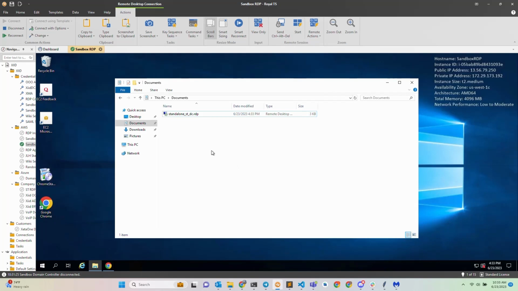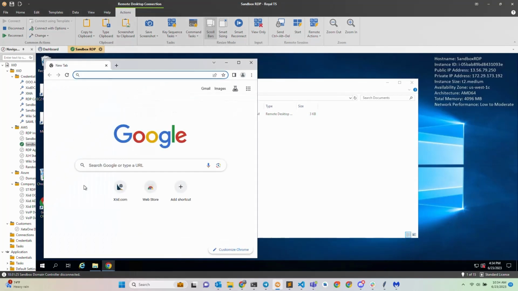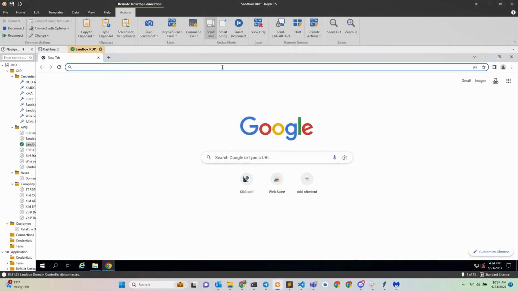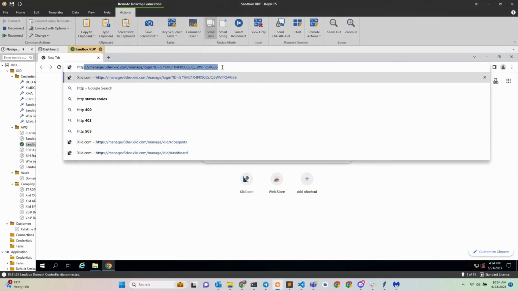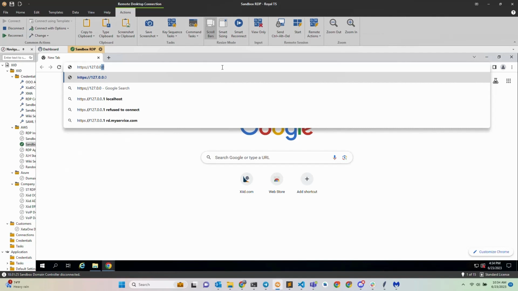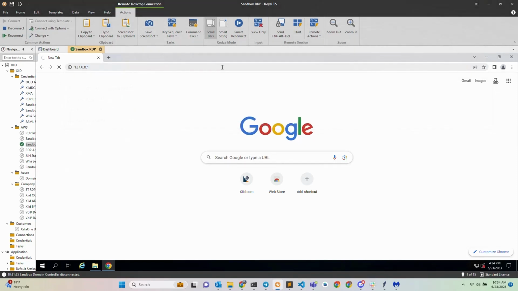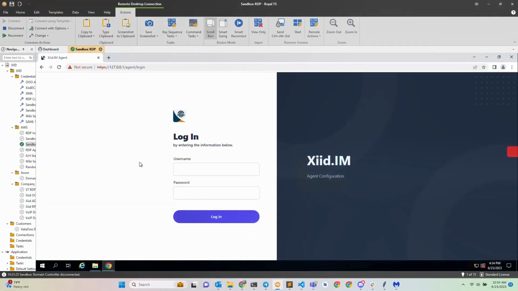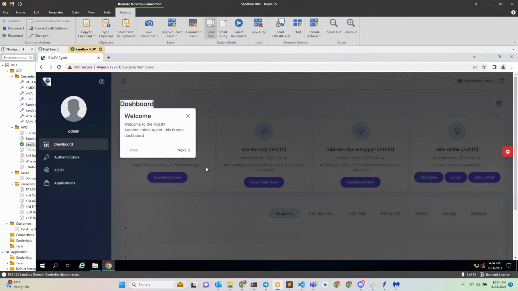that standalone functionality. So next, we're going to open a new browser in our RDP instance, and we're going to go to 127.0.0.1. We're going to leave the port blank, because the browser will automatically pick up port 443, which is what it uses to connect over HTTPS. So in this case, we're connecting to the agent configuration portal, and you can see the familiar login screen